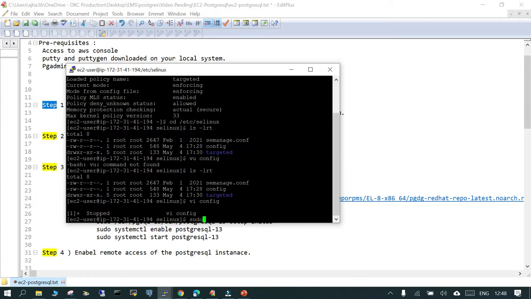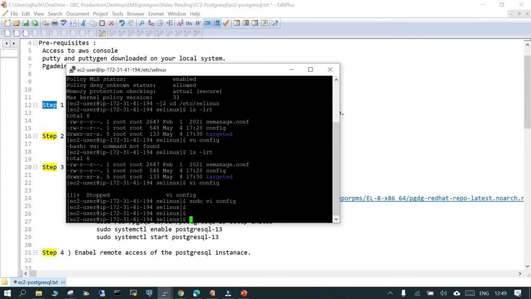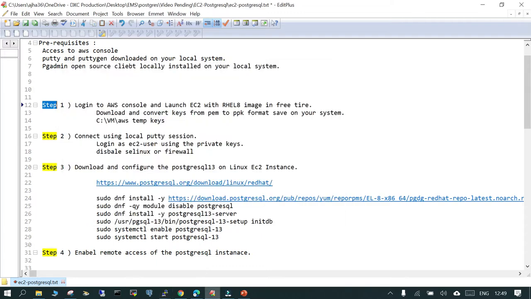I should have used a sudo, and just mention disabled. We might have to reboot the instance. Okay, this is done. Well, the next step which we have to do is we have to download and configure